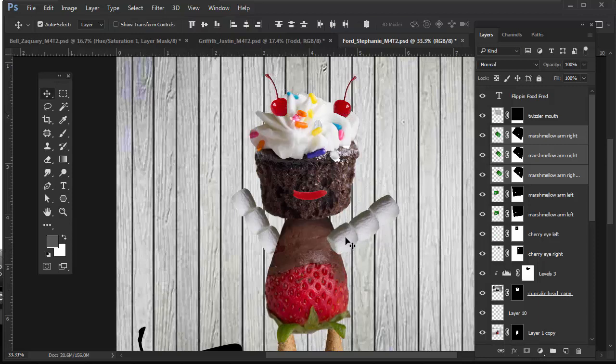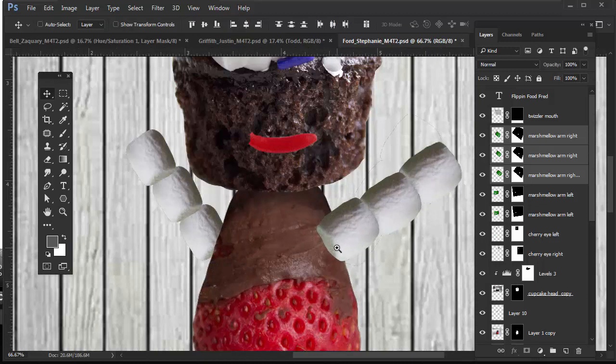I'll hit enter, zoom in. So now instead of having all three, I just want this one selected. I want it to look like it's going into the strawberry. This is not really the most realistic way to do it, a marshmallow sticking into a strawberry. Maybe there's a toothpick sticking out of this and into the marshmallow. I don't know. But